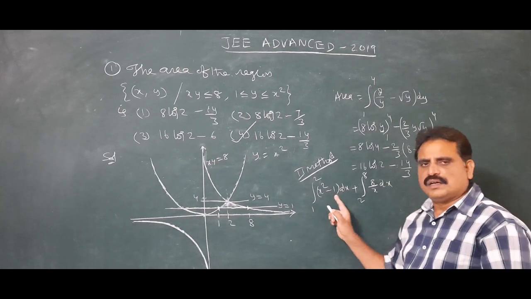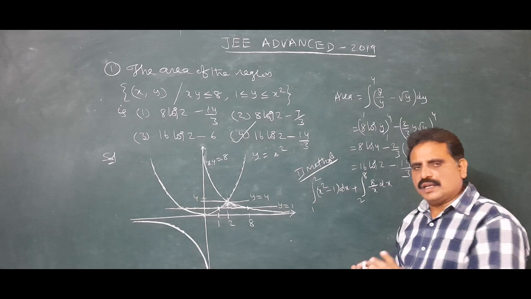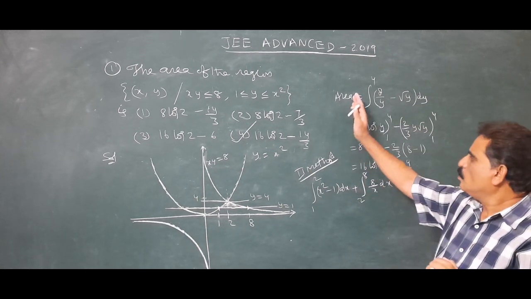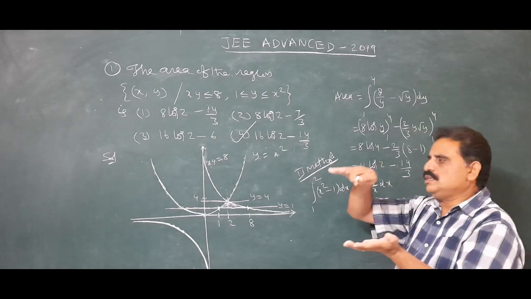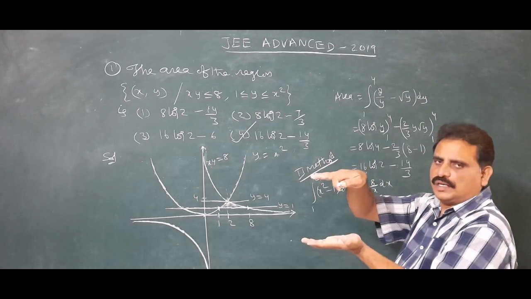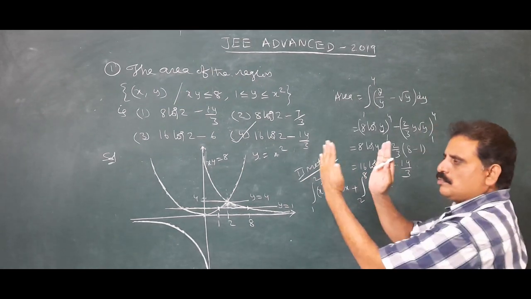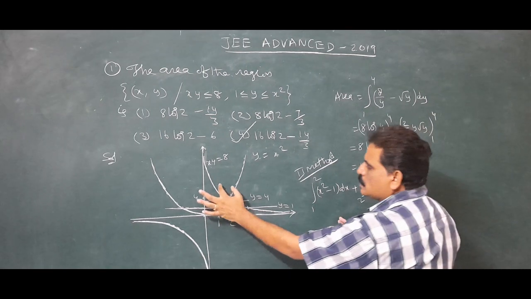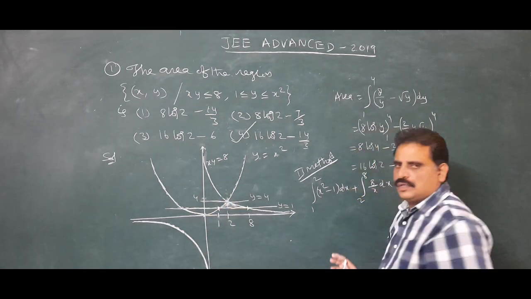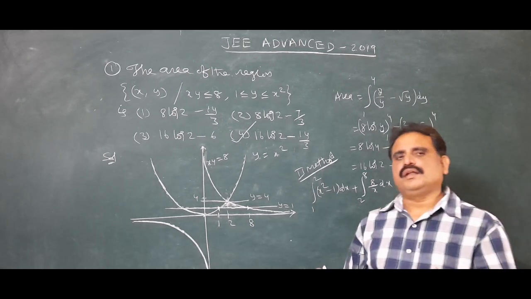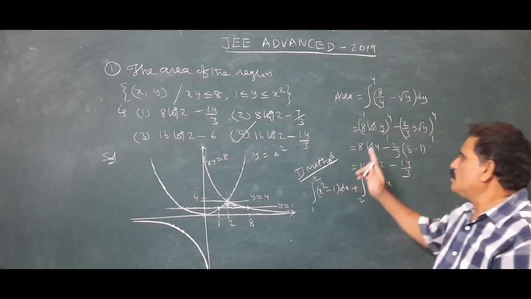You simplify this, definitely we get the same answer. There is no change in that. So you can calculate area with respect to y or with respect to x. With respect to y means the region must lie between two horizontal lines. With respect to x means between two vertical lines, x = 1, x = 2, x = 8. So this area can be calculated in two methods. With respect to y is somewhat simpler.